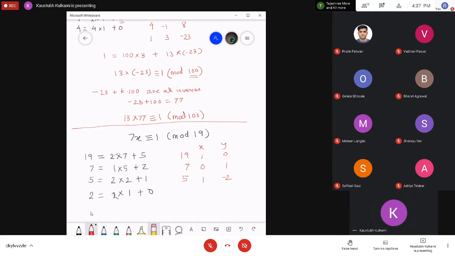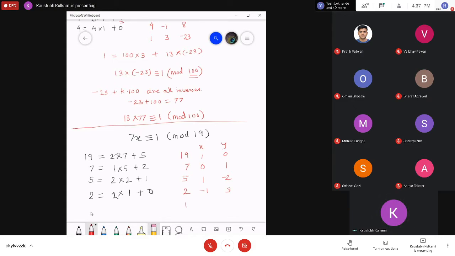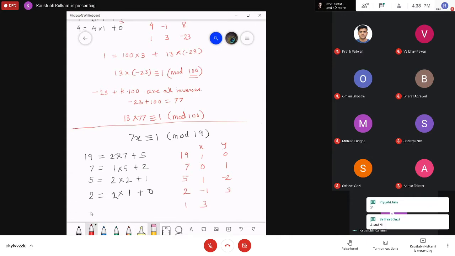So 5 is over, then we'll have 2. 2 is the row of 7 minus the row of 5, minus 1. And finally, the row of 1 will be the row of 5 minus twice the row of 2, minus 8. Okay,